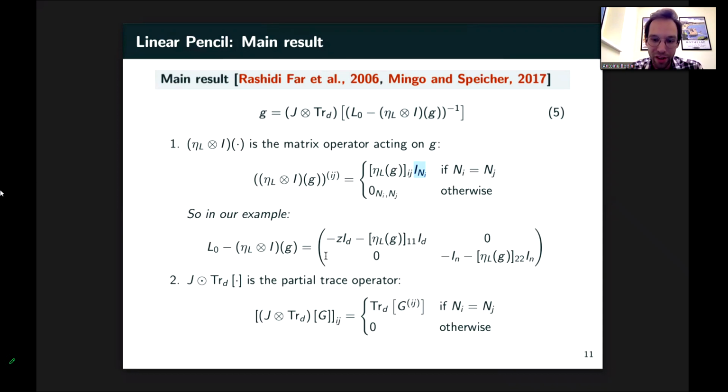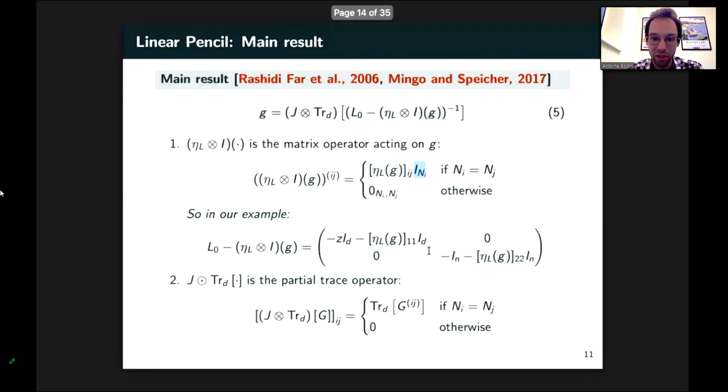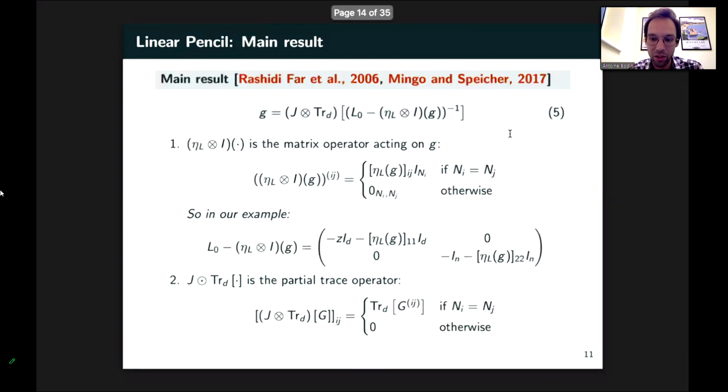So in our case, let's go back here. There is this expression: sigma 2 1, sigma 1 2, J22, and J11 here, and you apply the identity again. So you get the identity here, you get another identity on the other side, and then you just append L0 as well. So again L0. This is minus Z, and here there is minus I identity. So this is the expression that we just calculated for Marchenko-Pastur.